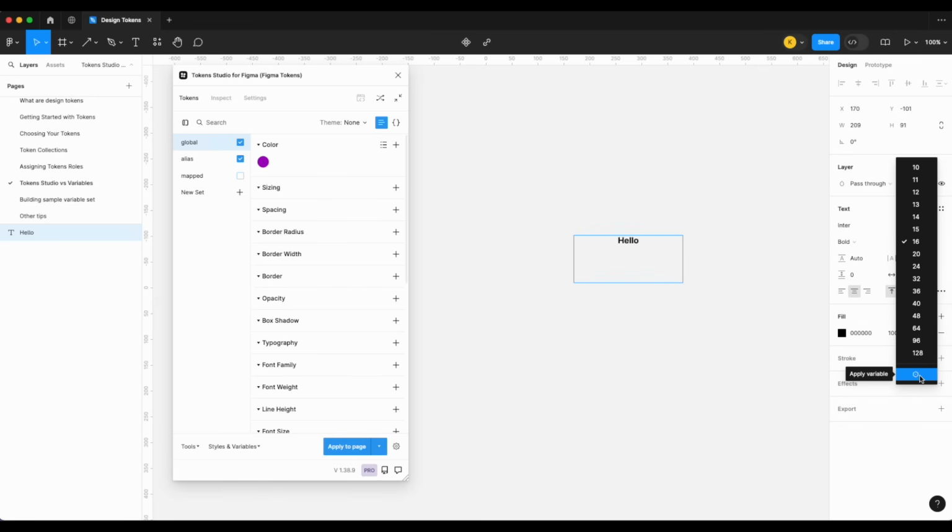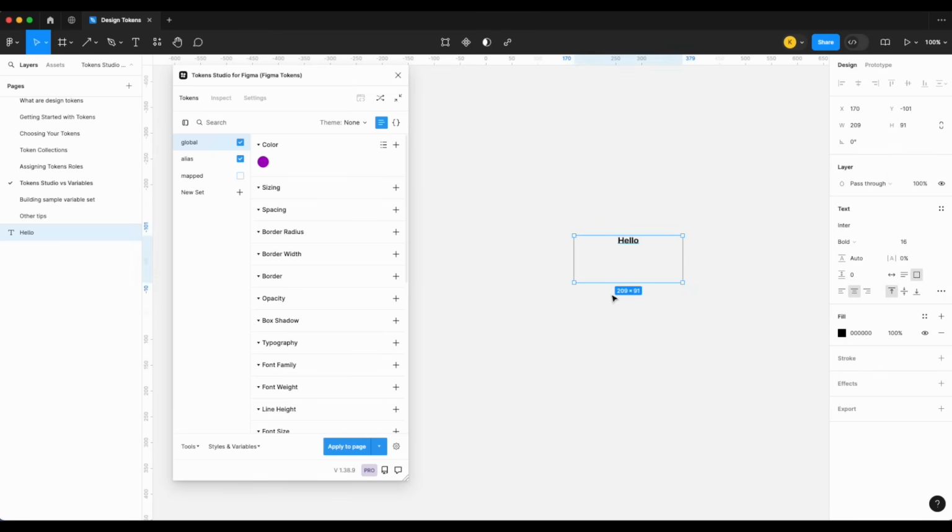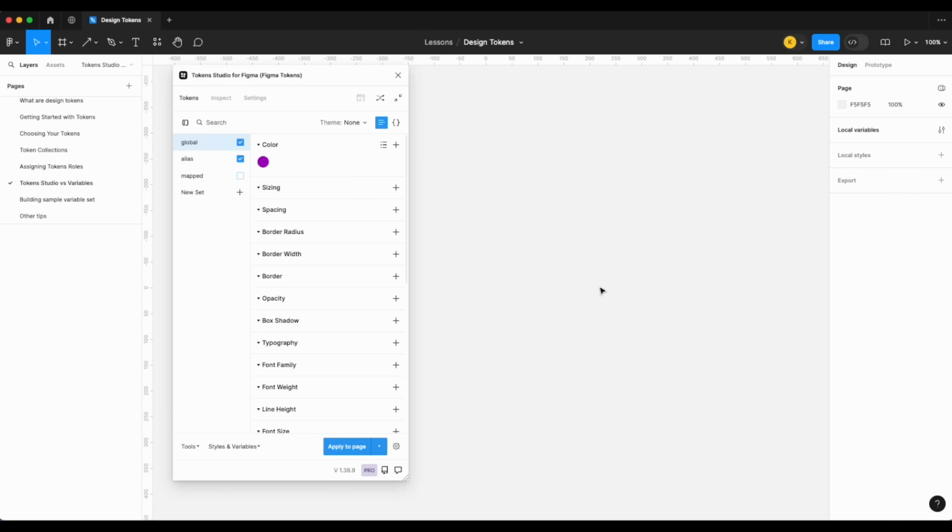and things like your font weight and even your font style. And that allows you to change those designs across different modes and also on the fly. But again, if you're looking to manage your design tokens, whether it's in Token Studio or Figma variables, it's really